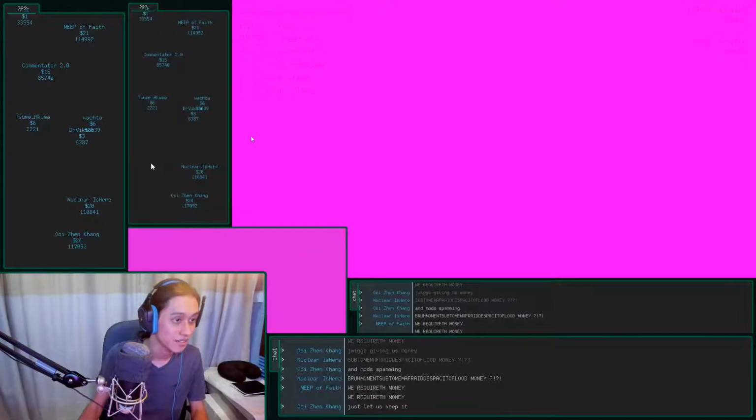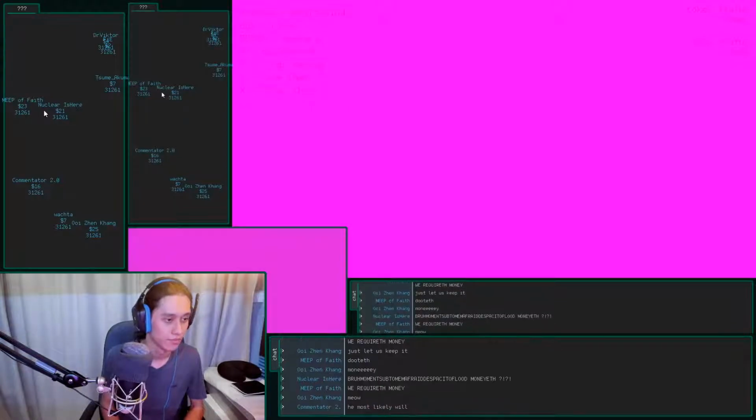Let's see. Meep has $22 if he doesn't send another message. And I should see... Where's Meep? Meep has $23. Perfect. And, okay, so now there's a 15-second cooldown. I'm paying attention to Meep.